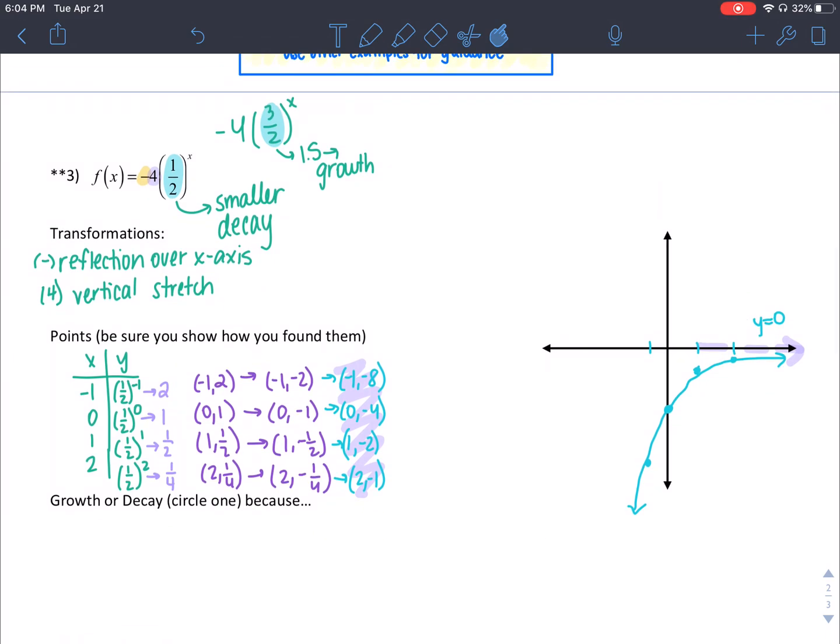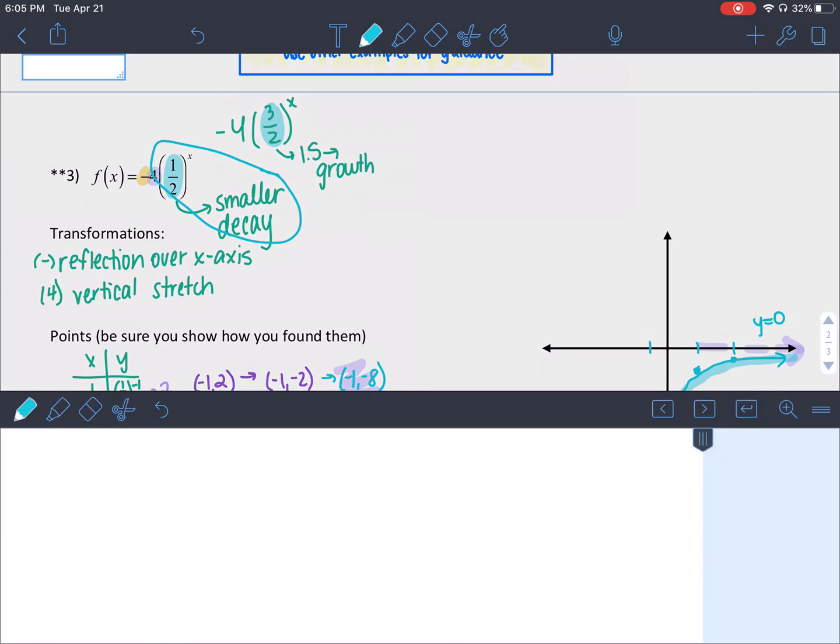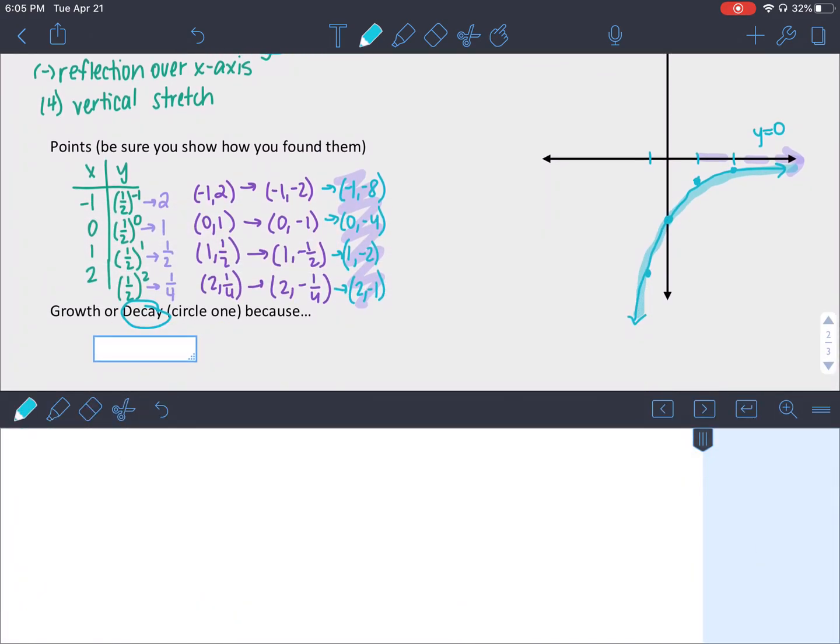So back at the very beginning, I explained one way you can think of this as a decay, just because if I multiply something by 1/2, it's going to get smaller. The other option that you can say is this graph is a decay because as we go left to right, our function gets closer to the horizontal asymptote. So if I read left to right, I'm getting really close. I'm going to do that one more time. I start far away, and I get closer to the asymptote. So I could say that this is a decay